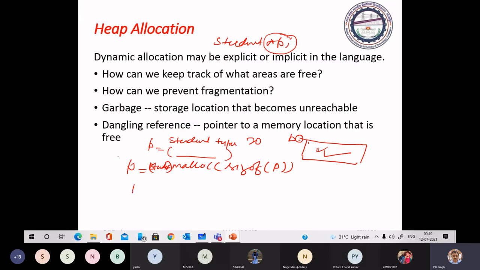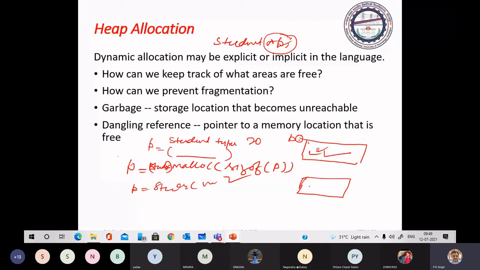You are again allocating P as student with malloc, the same function call. In that case, it will allocate a new area, and the reference of this new area is assigned here to this P. Now see what happens with this.